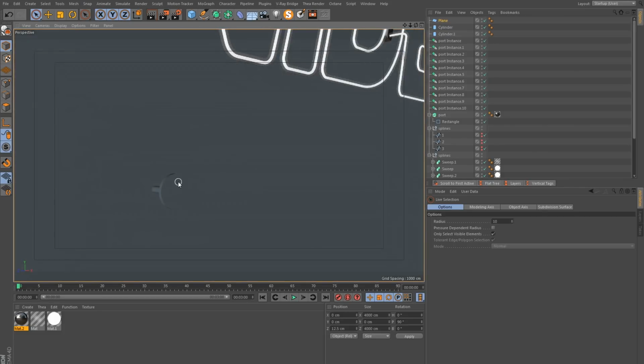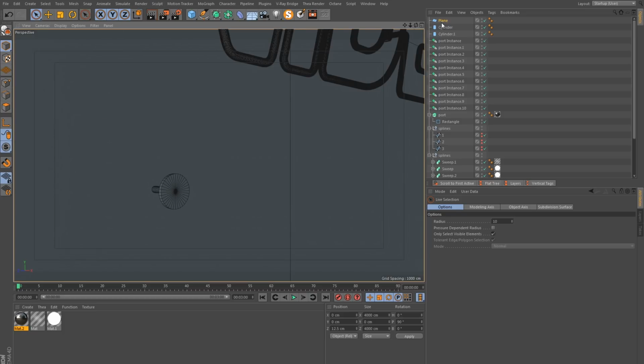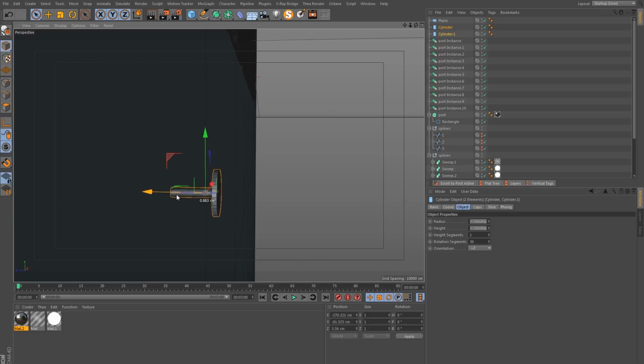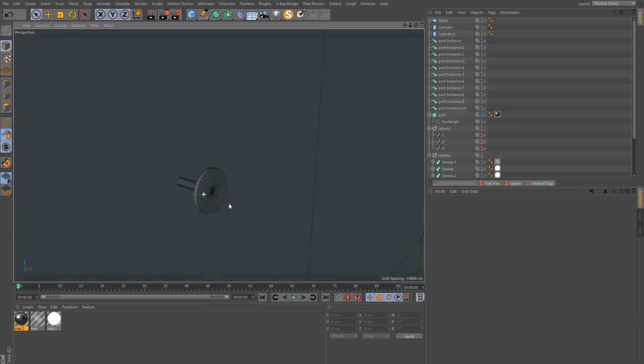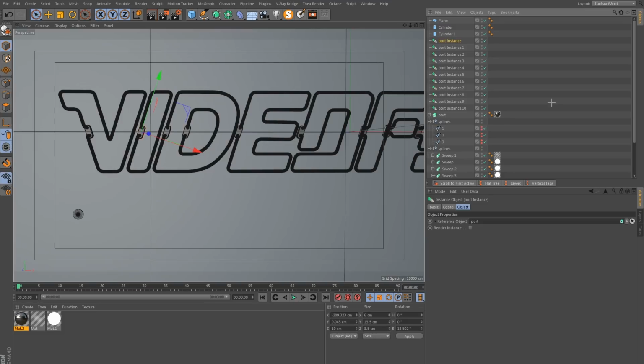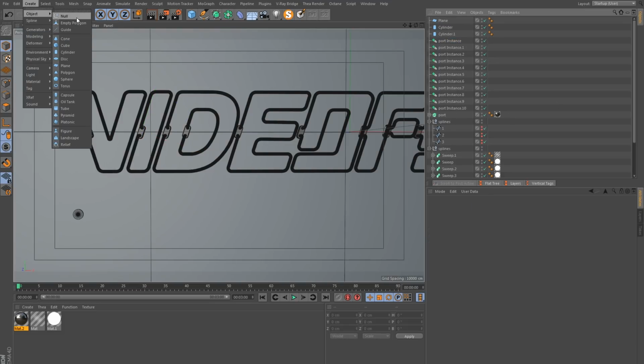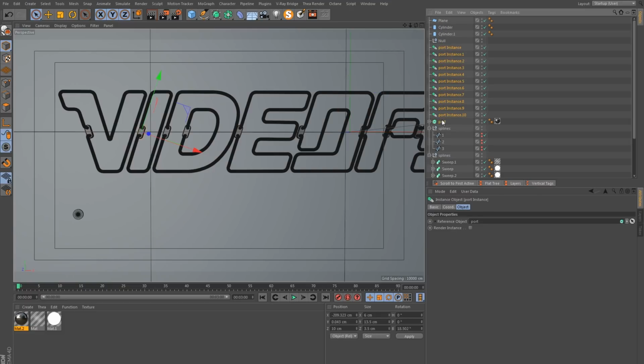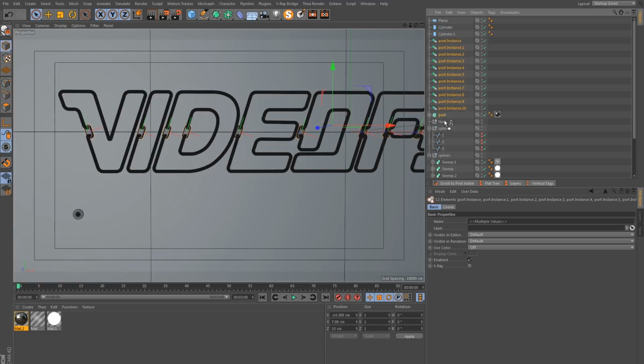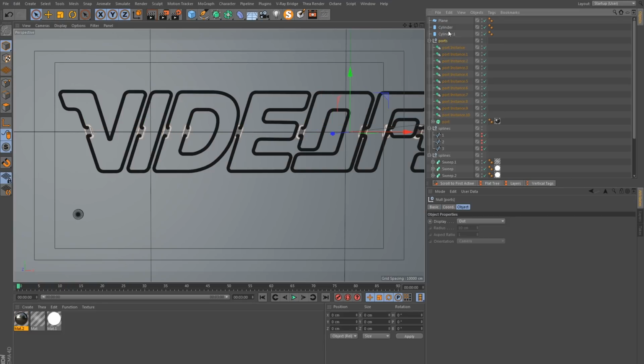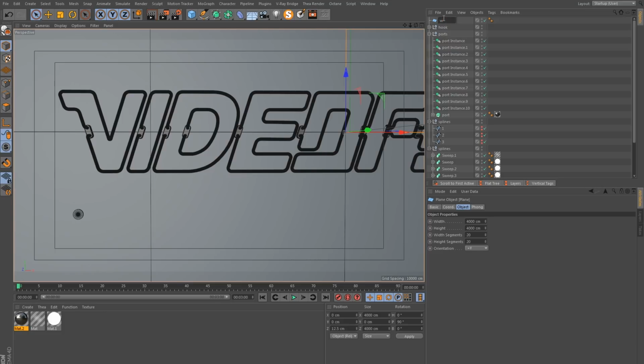And I want to make sure that this hook, which I can't see very well, so let's go to Gouraud Shading with lines. I want to make sure this is attached to the wall as well. And there we go. So this is a very basic hook. You might make something more elaborate and a bit more detailed. And by the way, I will also take these ports and put them in a null, so we keep the scene organized. And this is going to be the hook, and this is the back wall.